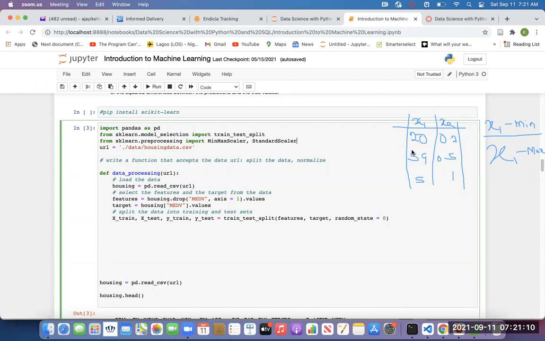So it's subtracting the minimum from each value and dividing it by the maximum minus the minimum.